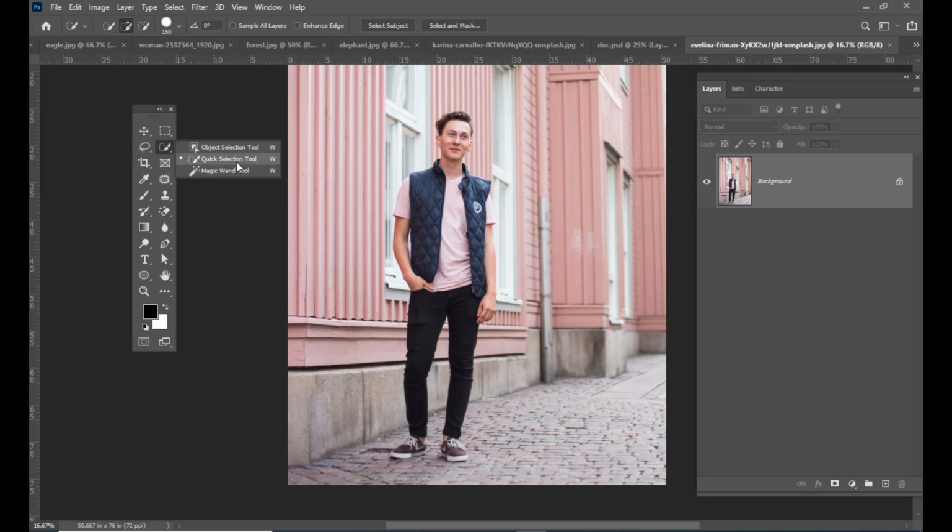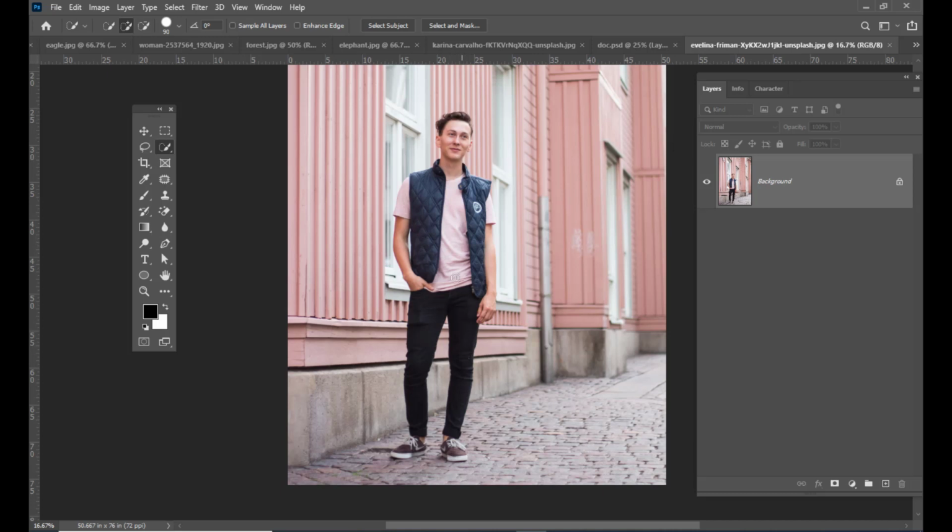The moment you select the quick selection tool, you can see one icon here, a plus symbol with a circle around it. So this is the symbol of the quick selection tool. And in case you can't see this symbol or icon, check your keyboard. If the caps lock is on, you may not see the icon. Right. So once you have selected the quick selection tool,